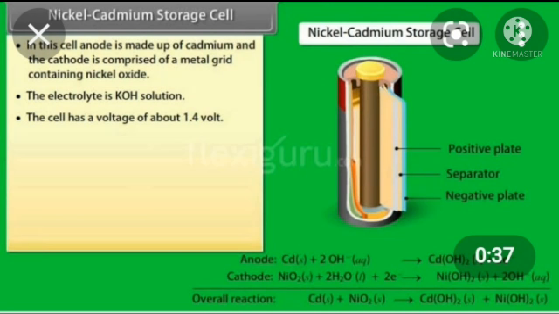So students, further we are going to see the nickel cadmium storage cell, which is also known as NICD cell. These days a variety of gadgets are available which are required to be carried to different places. Such gadgets use NICD cells. These cells deliver 1.2 volt potential difference and are chargeable. In the above slide, you can see the picture of the nickel cadmium storage cell or NICD cell.